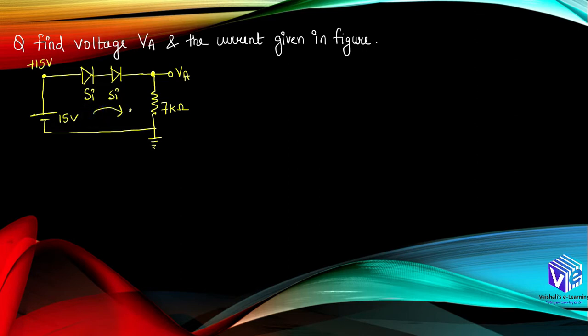For finding out the current I have to draw the circuit, right? So you can see the positive terminal is connected to the P side of the silicon. Here also the positive terminal is connected to the P side of the silicon. So both of the silicons are forward biased. So I can represent VF1 is equal to VF2 is equal to 0.7 volt, right? So here we will be having VF1, and we will be having VF2 over here, right?